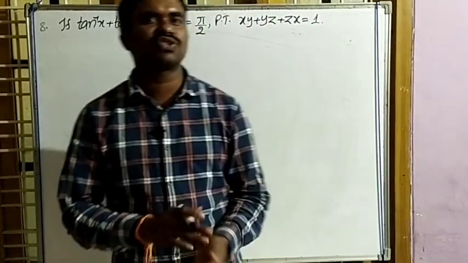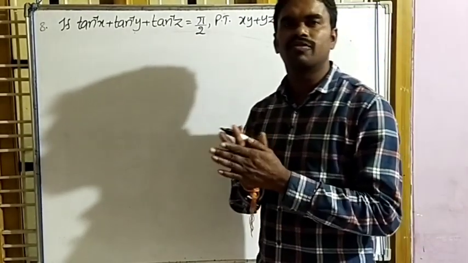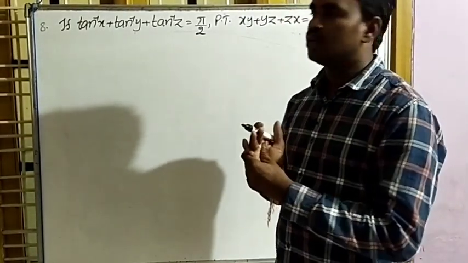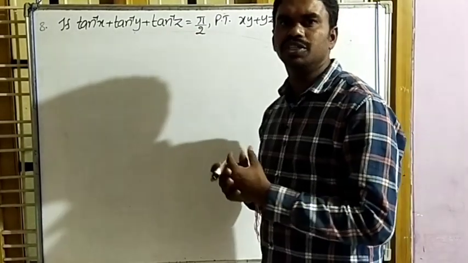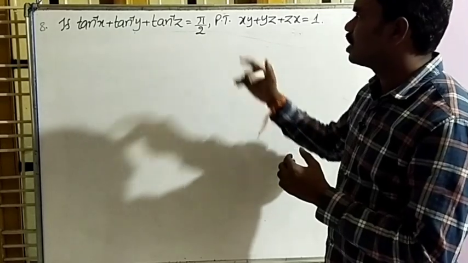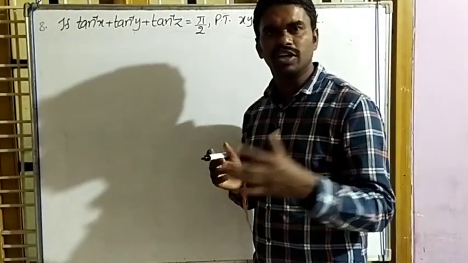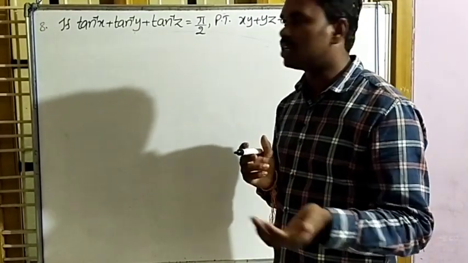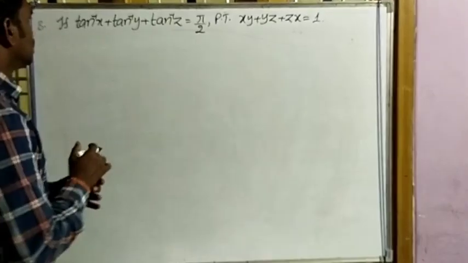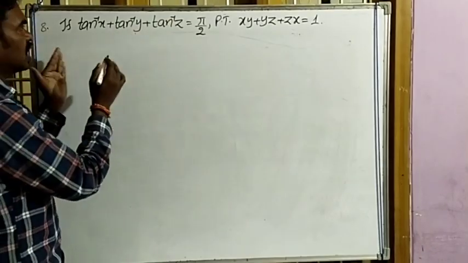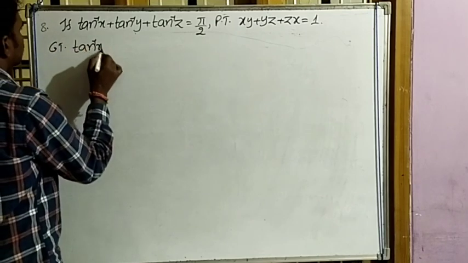This is first year Maths 1A, 8th chapter, inverse of trigonometric functions part 2. So from the 8th question onwards we are going to learn in this. Actually, this was given in the last video to yourself. If you have any doubt, or even if you got it, no problem, just listen from the starting onwards. I will explain again. Same thing like the 7th question, first given that tan inverse x plus